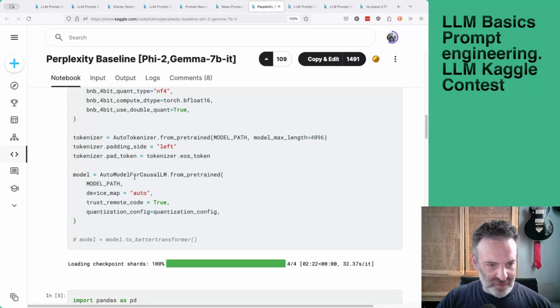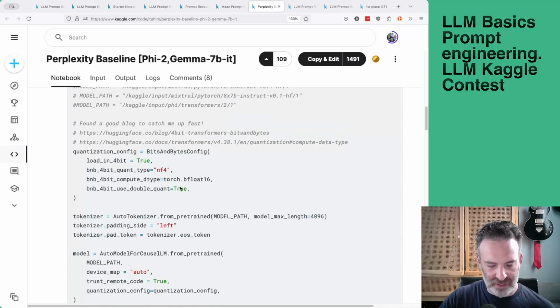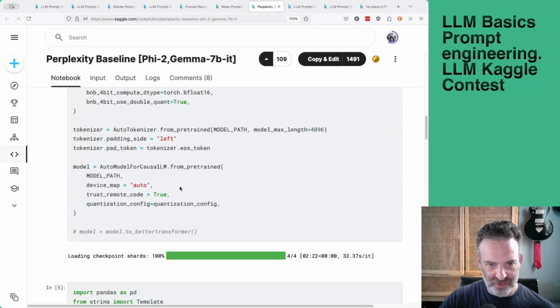Right, so that's how we load up the model. So model path, and then we have the quantization with the quantization config. With just these few lines of code, with this variable, we're telling it that we want to load this model up, we want it to be quantized, and Hugging Face knows the rest. Within this little bit of code, it knows how to set this up.